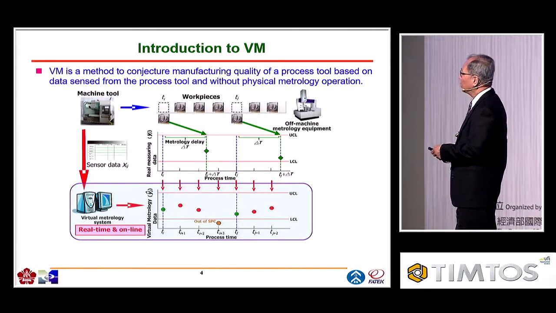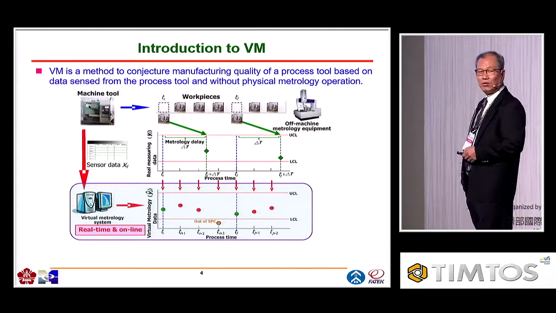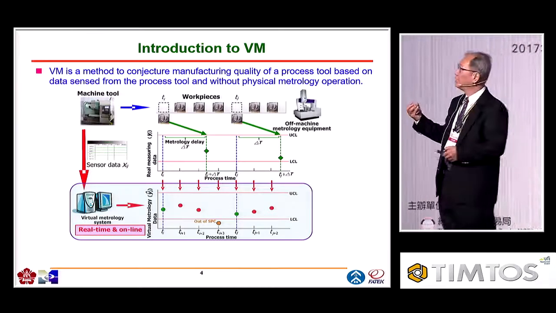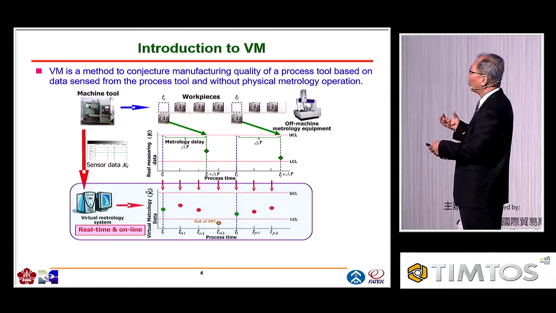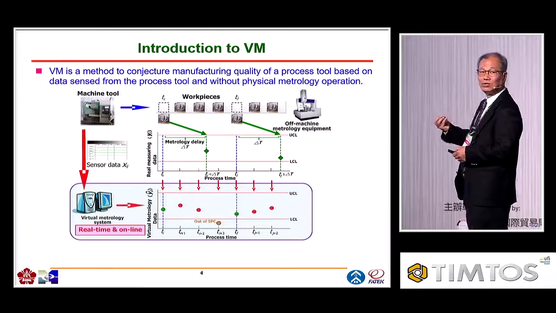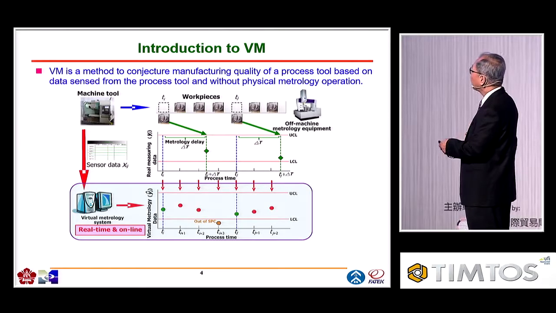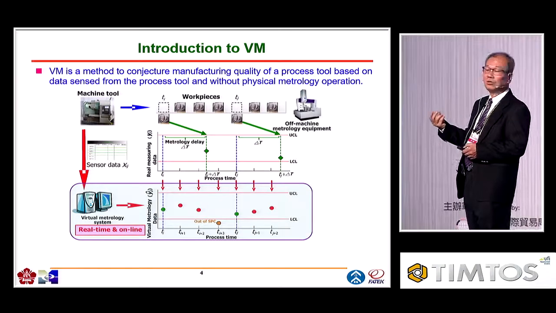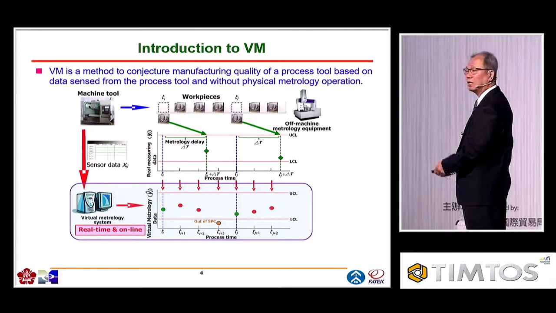But after finishing the machining, of course, we have these sampling pieces. These sampling pieces, we can measure using the off-machine metrology equipment to find out their quality. In other words, under what kind of manufacturing conditions or operations you can get this quality. So we can have this cause-and-effect relationship as a sample. So this is a kind of modeling sample. We can collect something like 20 or 30 samples, and we just collect them into a computer.